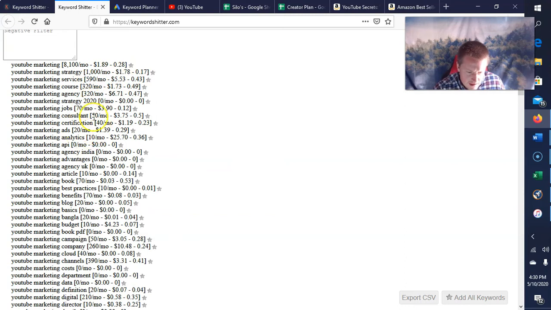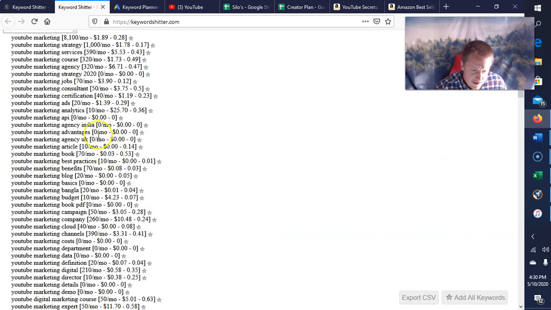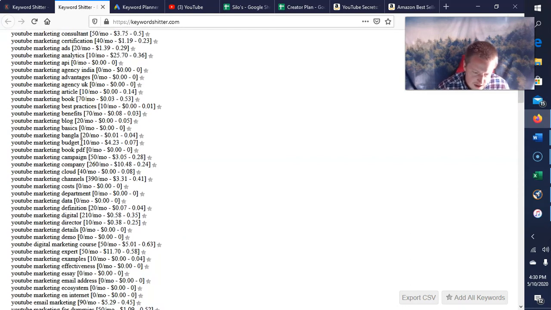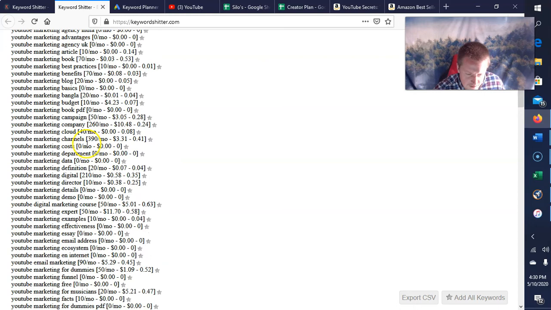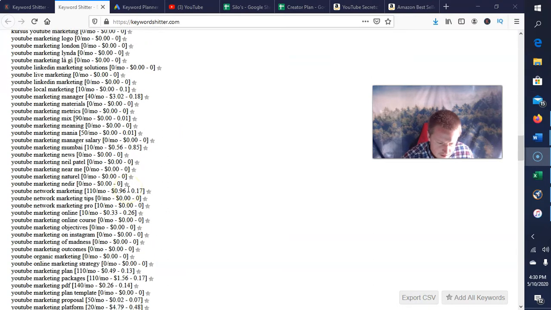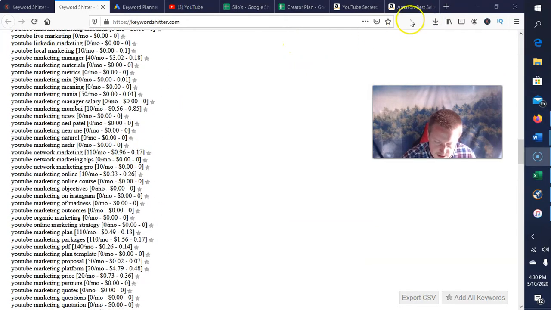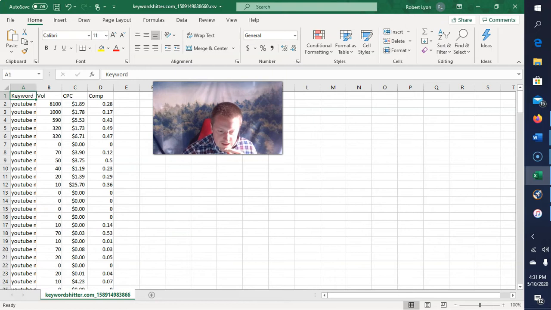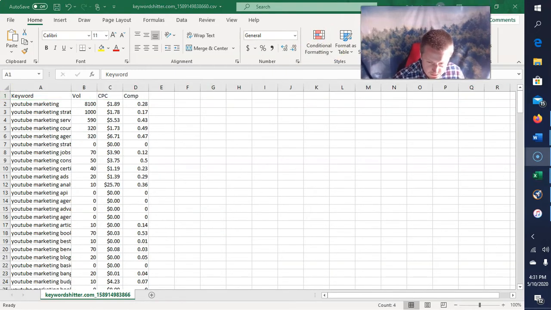And these are all searches. I wouldn't mess with anything under 50 searches a month, even though 0 searches a month also gets traffic. It wouldn't be in here if it didn't get some traffic. YouTube marketing channel. Okay, so then I export this to a CSV file. Did not need all of this, but fun. Once you get into that CSV file, we can organize it. This is how you organize your stuff.